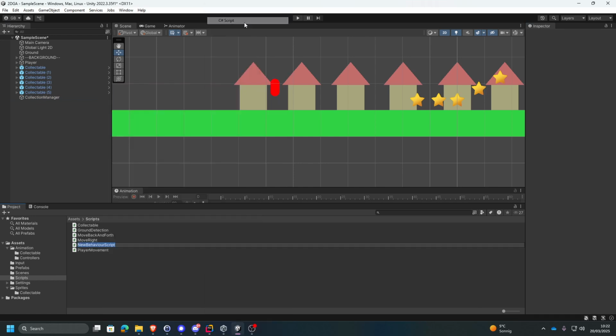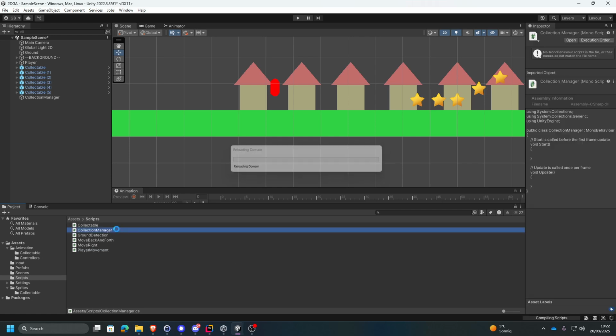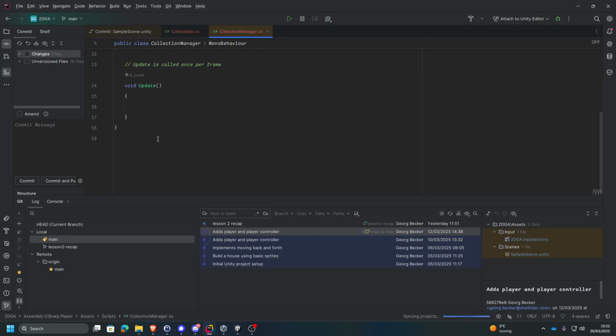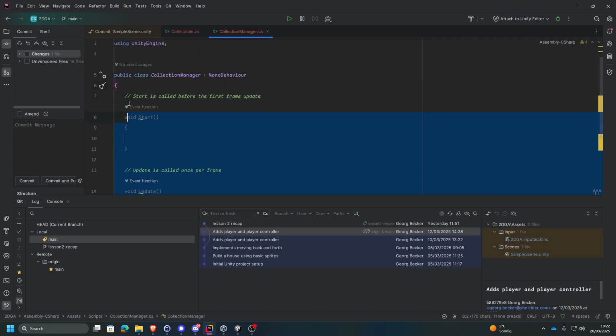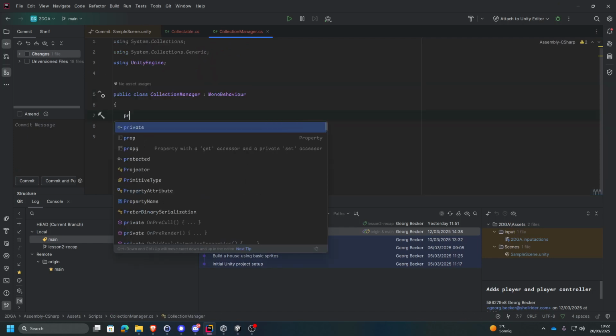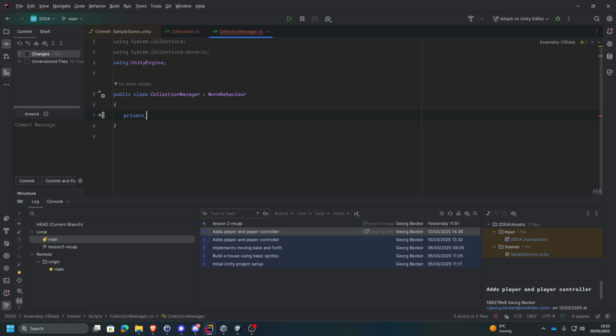We need another script for that as well. So I will call this script collection manager for now. You can call it whatever you like again. And I'll open the script. And in there, I had a very simple thing. So this collection manager had a private integer, I just call it collected, and also just set it to 0 for now, which is